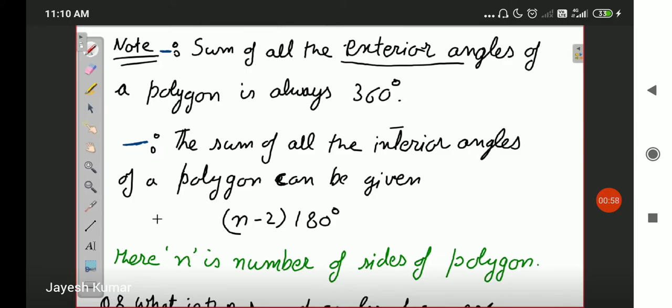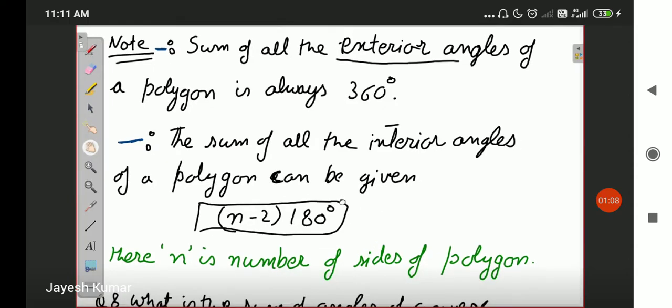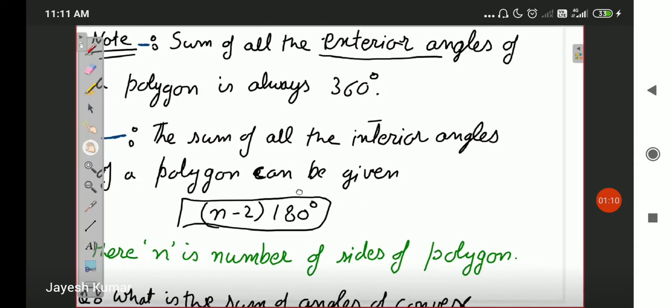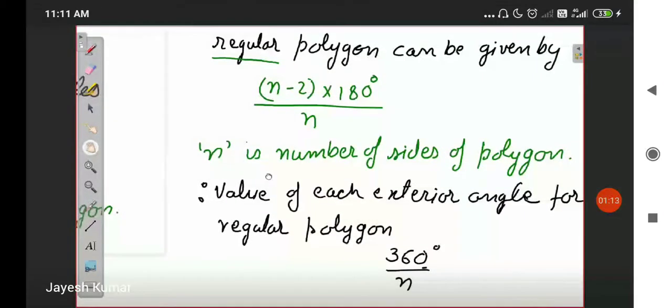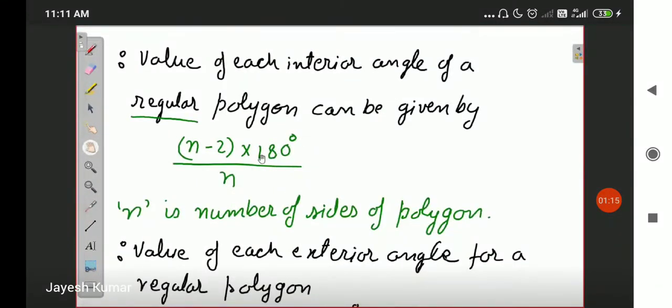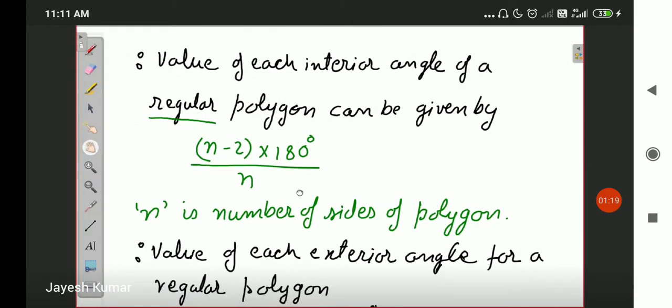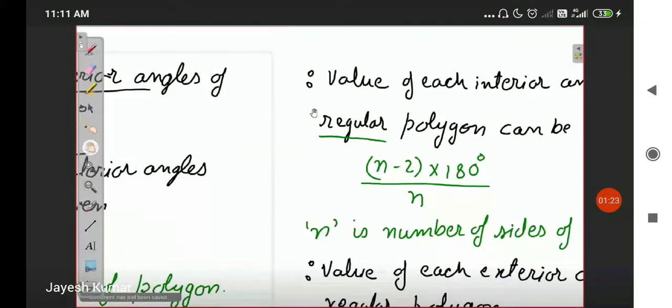This is the important formula that I have shown to you. Sum of all the interior angles of a polygon is (n minus 2) into 180 degrees, as well as the value of each interior angle of a regular polygon is (n minus 2) into 180 degrees upon n. Okay. So on the basis of all these three pieces of information, we were doing the exercise, and we had question number